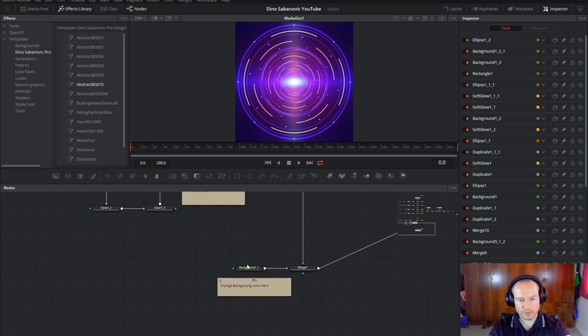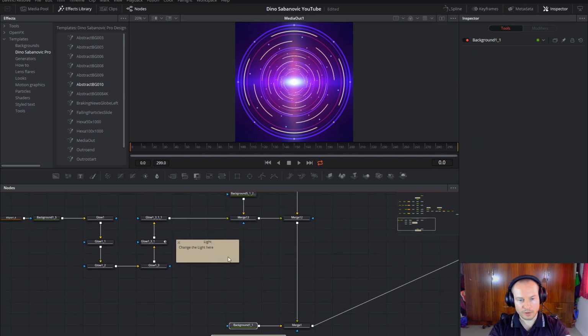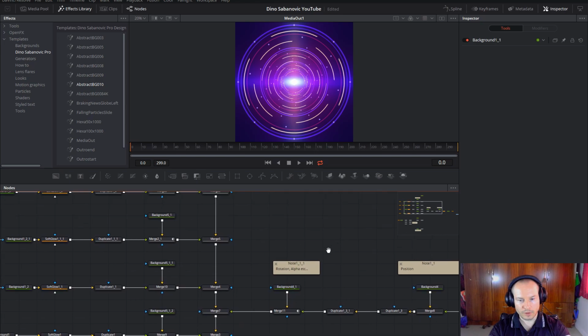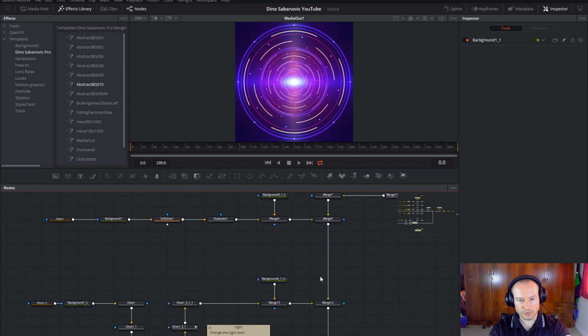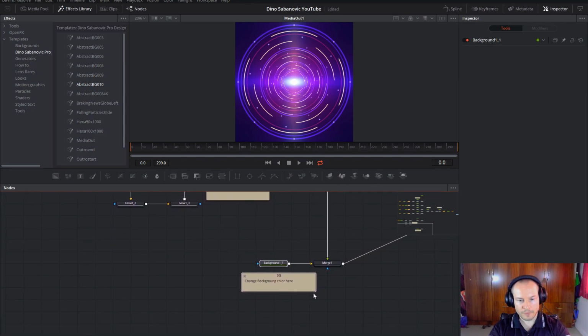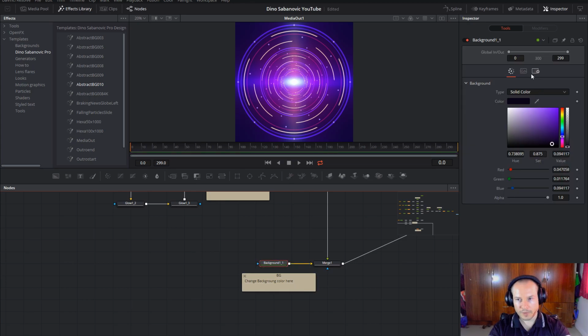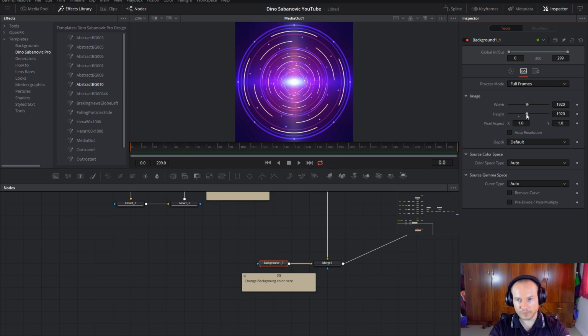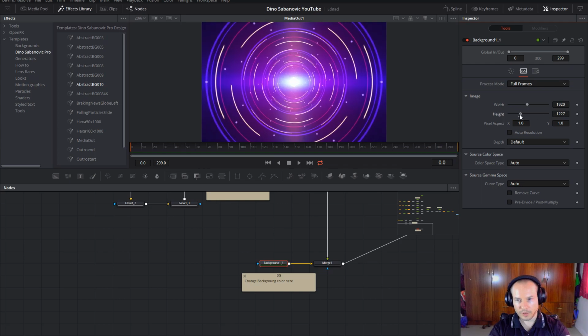So I included the notes so you don't get lost. Basically, here is the background. You control the resolution. You can make it full HD 1080,